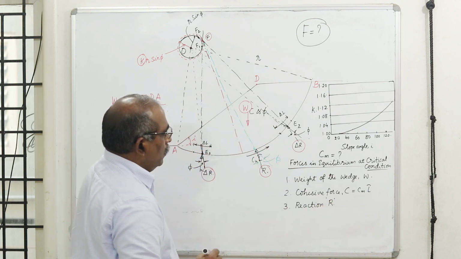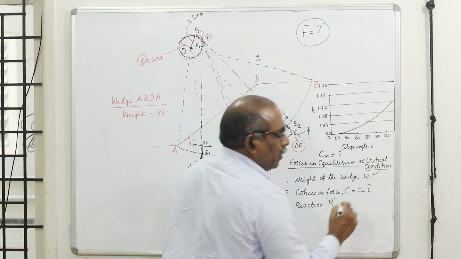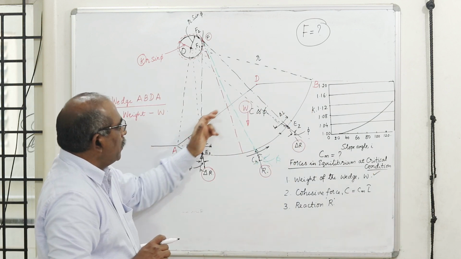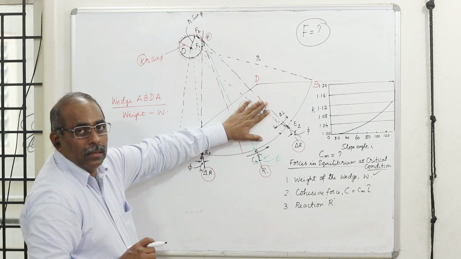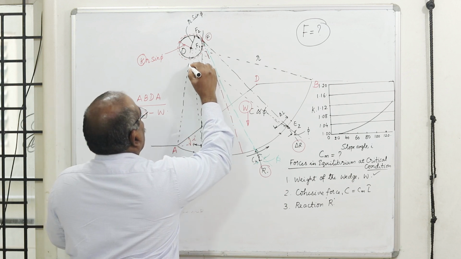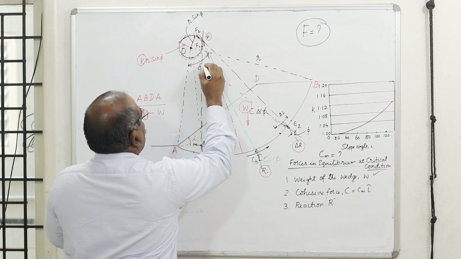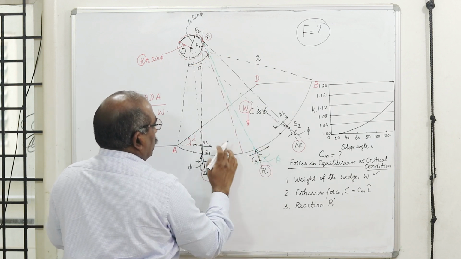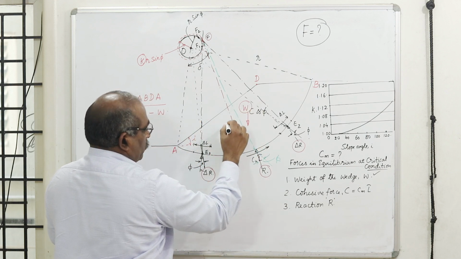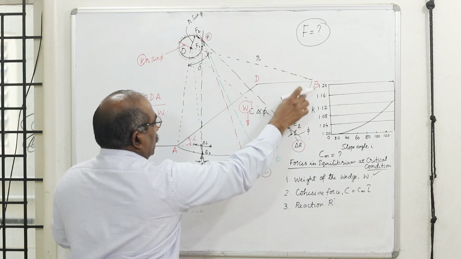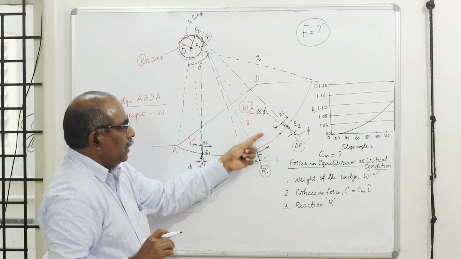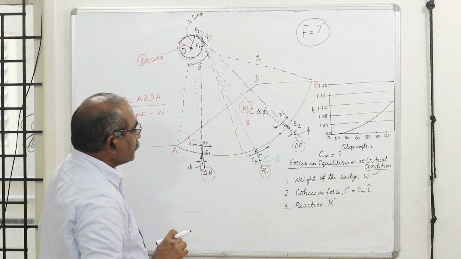Now, W is the only quantity which can be found out, because I know my geometry, I know my failure arc, I know my central angle delta. I can find out this geometry and I can find out its weight, because I can divide it into small units, find the area of individual units, and find the area of the entire slip wedge.